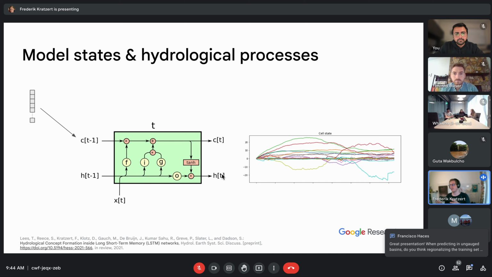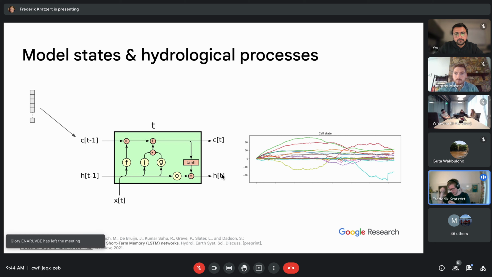So in this paper, we took the CAMELS-GB data set, and we trained the regular model from just attributes and forcings to discharge. And now we wanted to see how much information on soil moisture or snow is stored in the cell state. Given the cell state time series, we fitted one linear regression. I think the LSTM only had 64 states in this model, so 64 weights plus a bias for all basins combined. So it was one linear regression for all of the basins, to regress from the cell state to soil moisture or from the cell state to snow.